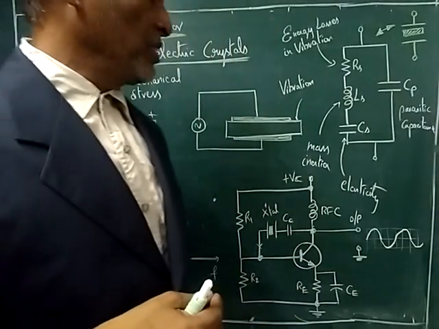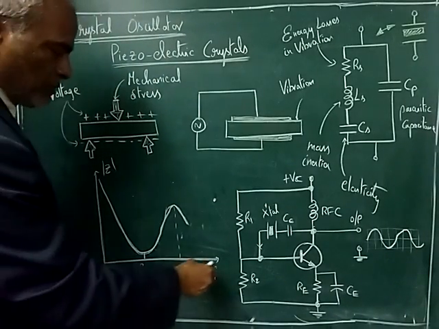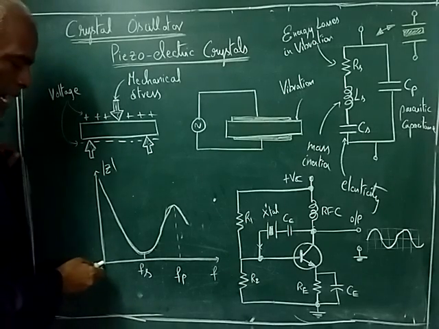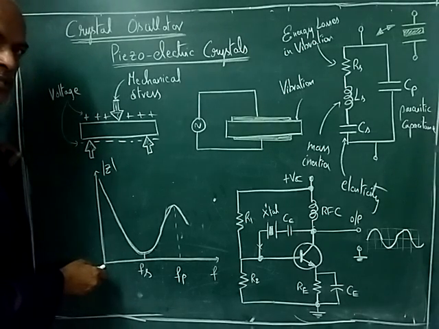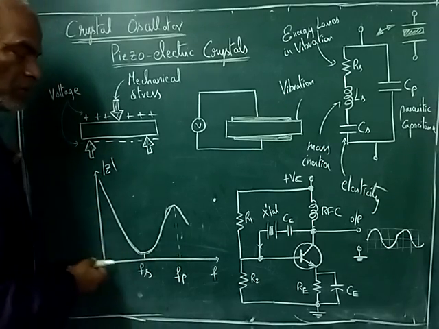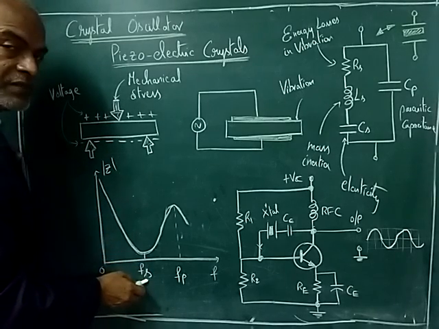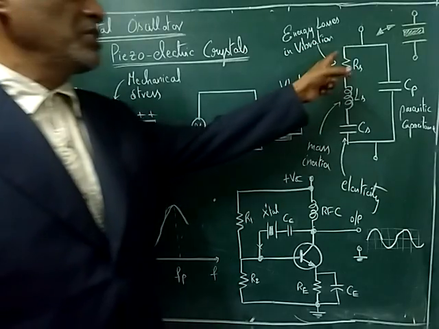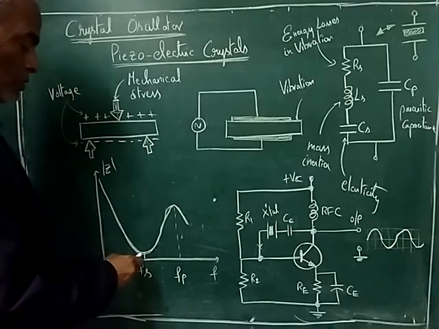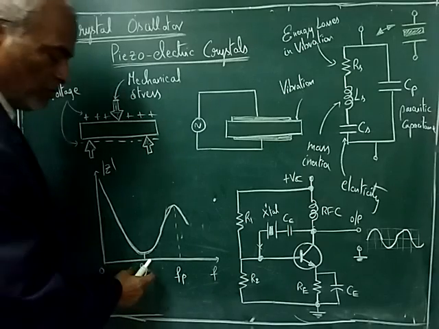Before going to an application, we have to see the impedance plot. If you carefully see, the x-axis is frequency, the y-axis is impedance, and we consider only the magnitude of impedance. At DC, that means 0 Hz, the impedance is maximum. As the frequency of operation increases, it slowly comes down. At the resonating frequency Fs, the series resonant frequency, these three components come into the picture. CP is negligible, you need not consider it. So the impedance is minimum. This is one resonant frequency we can design using Fs.